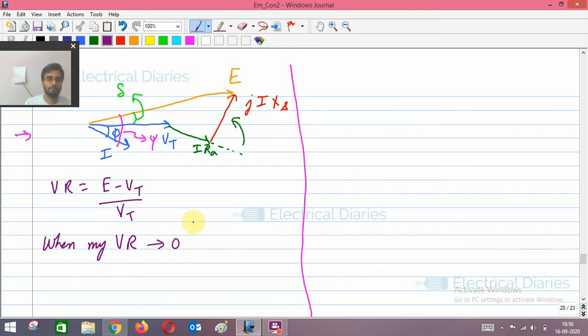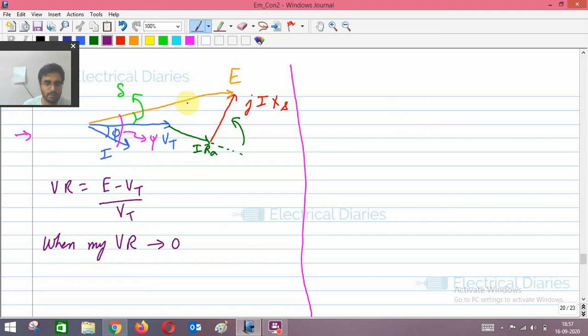From the voltage regulation expression we can derive this. The voltage regulation expression in the scalar form is this: E is equal to square root of (V cos phi plus Ia Ra) whole square plus (V sin phi plus Ia Xs) whole square, for lagging load and generator case. So this I have already discussed in previous videos. Using that formula we can derive that, but that is not of our use. We have to keep two core concepts in mind to solve the problem. Our objective is to solve the problem. So when my voltage regulation tends to 0, I have to find out when.